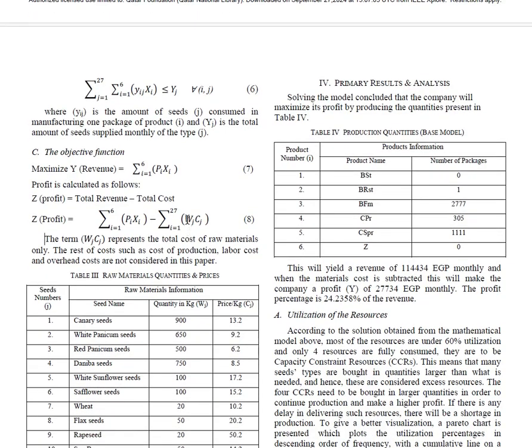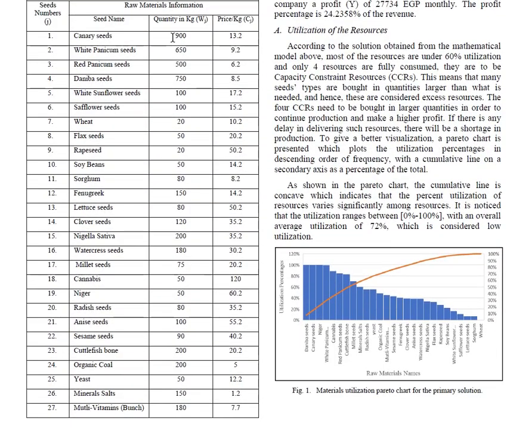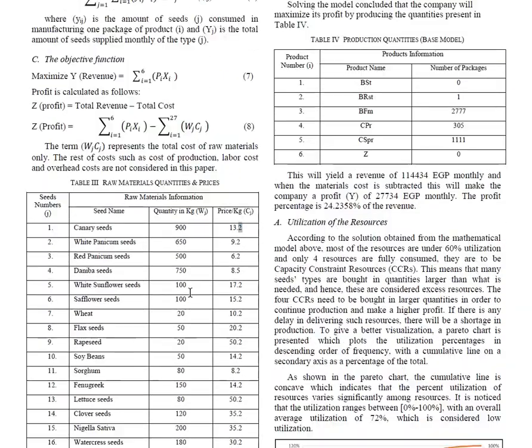And we have here, okay, WJ, CJ, this is the cost of raw material J. So I sum that for all raw materials from J equal 1 to 27. This is a mistake. This should be J. All right, so here is the amount of raw materials. I receive 900 kilograms of the first one, and the price per kilogram is 13.2 Egyptian pounds. The 0.2 here, I think it's for transportation as far as I remember, and so on. Okay, so these are the raw materials,